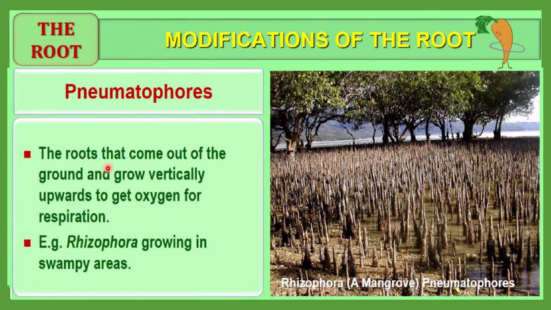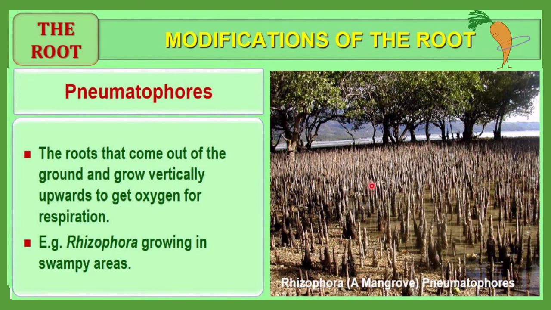So what is the function of these particular roots? These are roots that come out of the ground. Here you will observe negatively geotropic roots. Generally roots are positively geotropic, meaning they move towards the soil, right? But these roots come out of the soil. So this is a slight difference, an exceptional case. Here it is negatively geotropic, or we can say positively phototropic, because it will move towards the light. It will come out of the soil, you can see here.